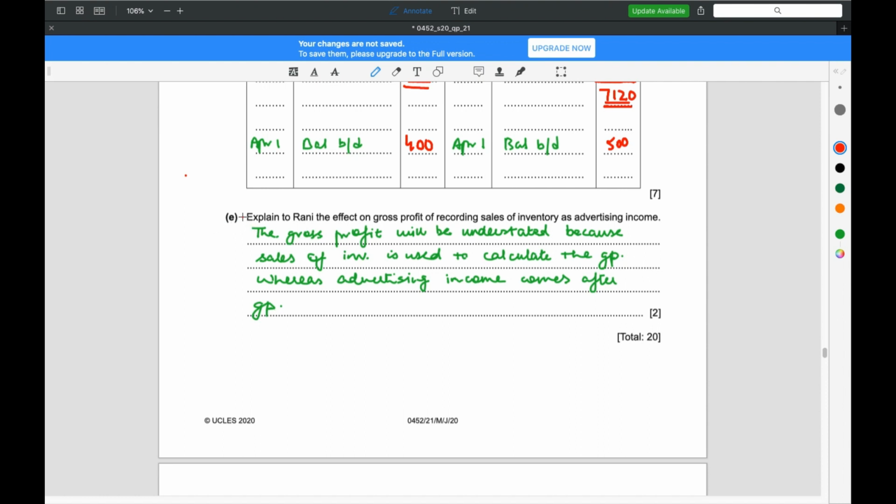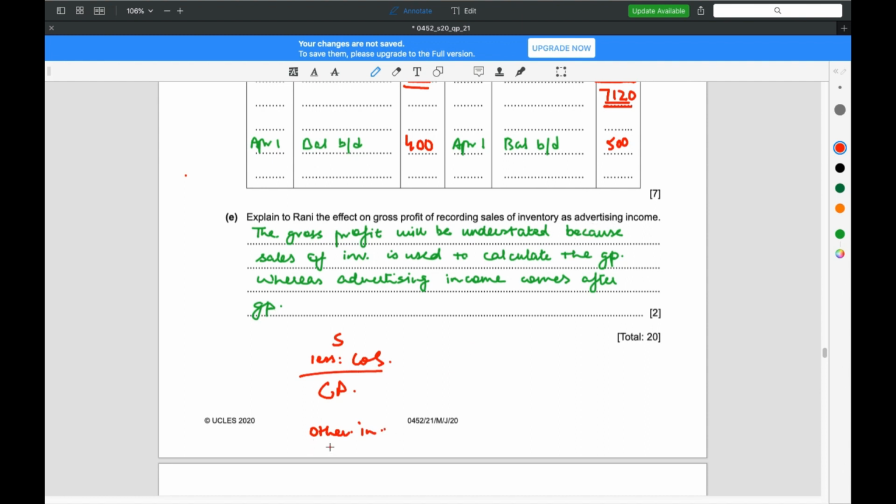Alright, so in part E, he says, explain to Rani the effect on gross profit of recording sales of inventory as advertising income. Right, so listen to this carefully. Sales of inventory is technically sales. So just bring to mind the format of the income statement. First comes sales, and then you subtract your cost of sales from it, and that gives you your gross profit. But in this case, he says that the sales are included below in the other incomes section,